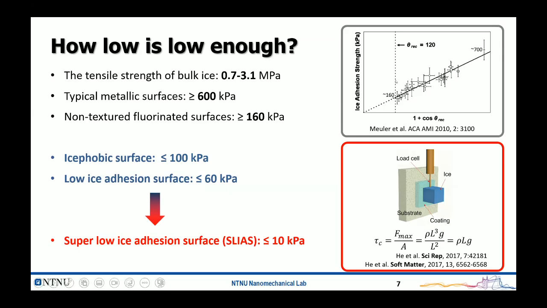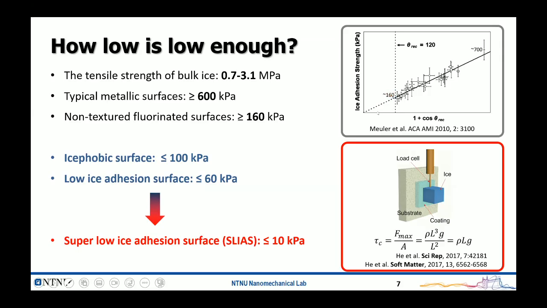At the start of the conference, the researcher tried to study how ice adhesion correlates with wettability. With those non-structured surfaces, the maximum contact angle we can get is 120 degrees. And the lowest ice adhesion we can get is around 160 kilopascal. If we want to reduce the ice adhesion and increase the water contact angle, we have to do microstructuring.